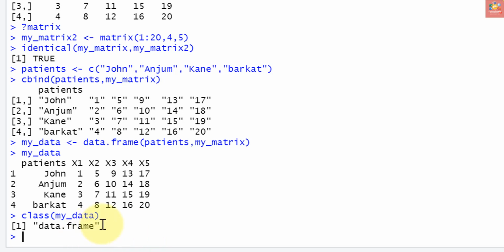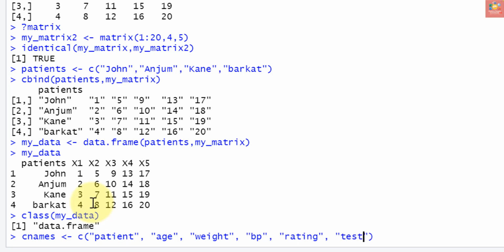Now let us create a character vector cnames that contains the following values in order: patient, and their age, their weight, their BP, and their rating, and the final one is their test.